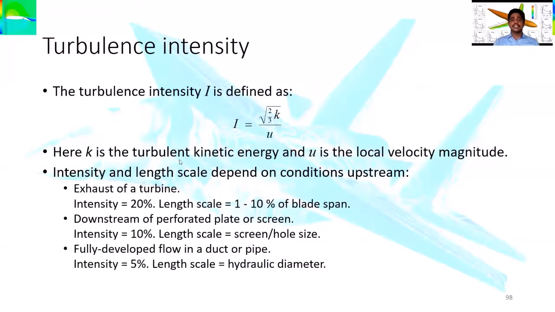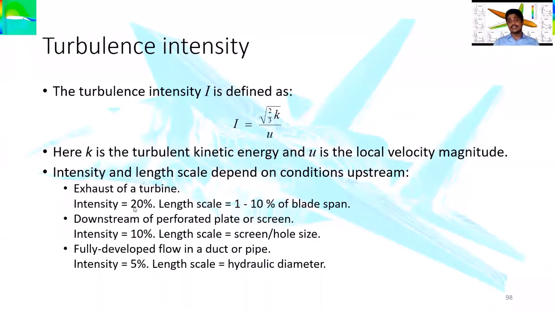Now, to relate the turbulence intensity, some will not agree with the values available inside. So the turbulence intensity can be defined by using the formula: the turbulence intensity is equal to the square root of 2 by 3 of K, where K is the turbulence kinetic energy. We need to define initially the turbulent kinetic energy and the velocity magnitude you are applying in that flow. Then you can define how much is the intensity and the length scale.